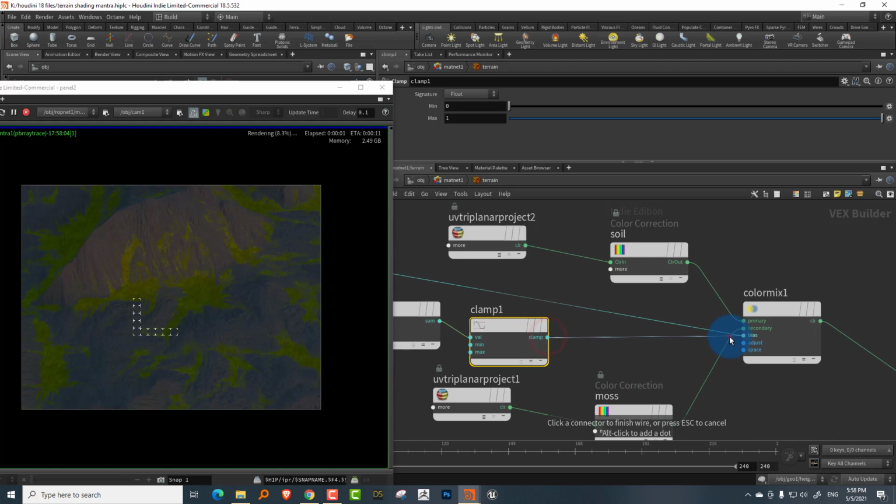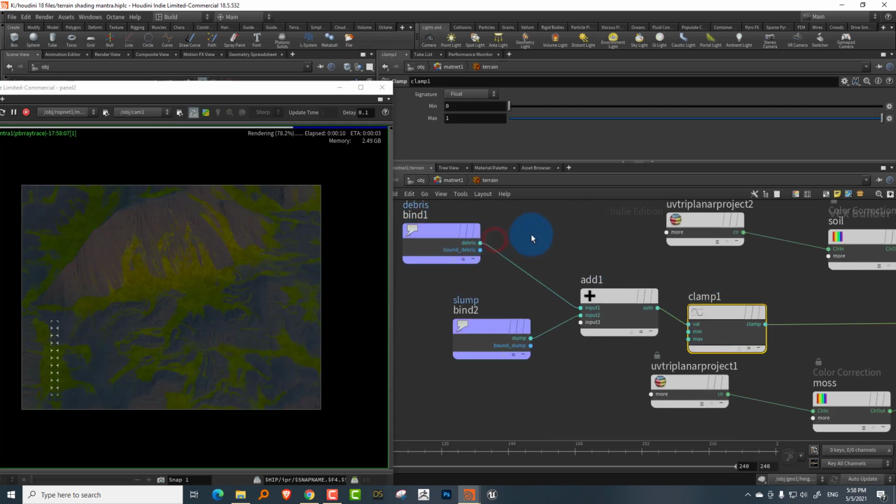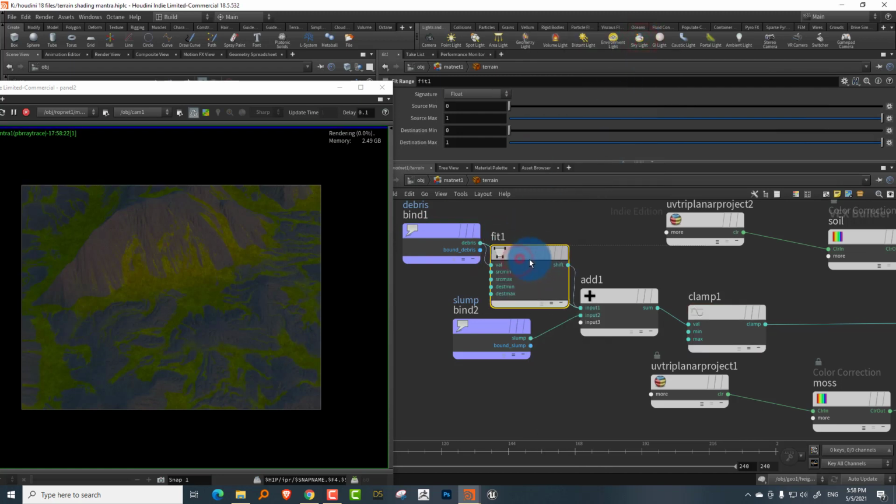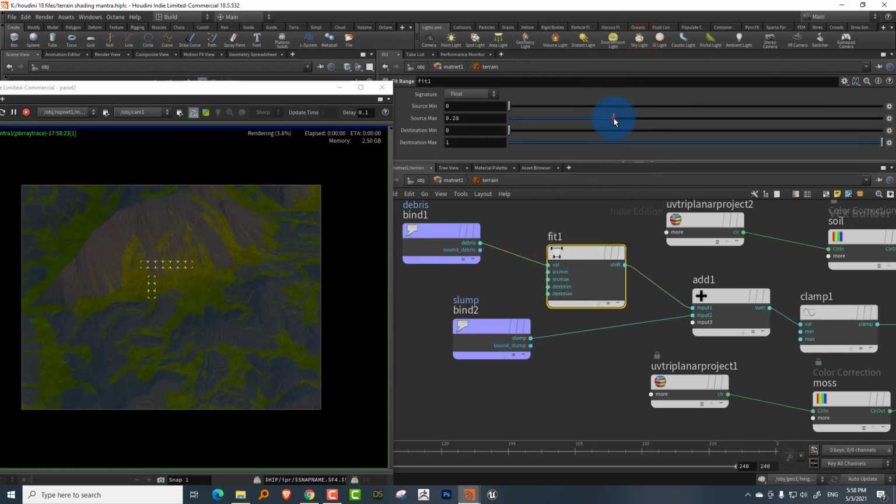And this comes into bias. So what you'll get is a combination of these two things. And if you want, you can take a fit range in the middle over here and make adjustments. So if I want, I can adjust this a little bit more. See.